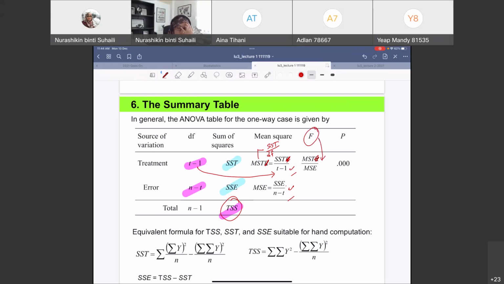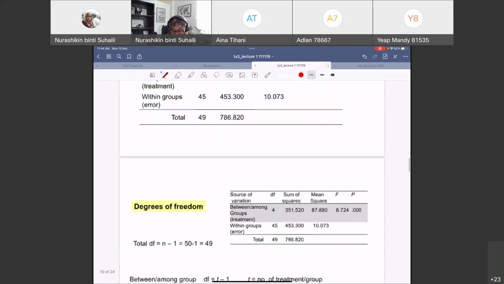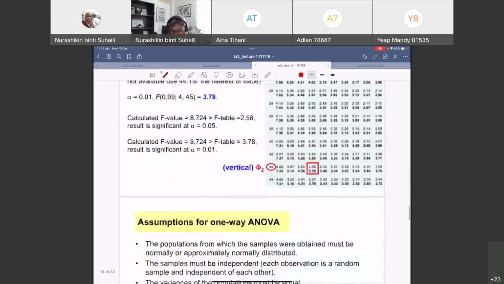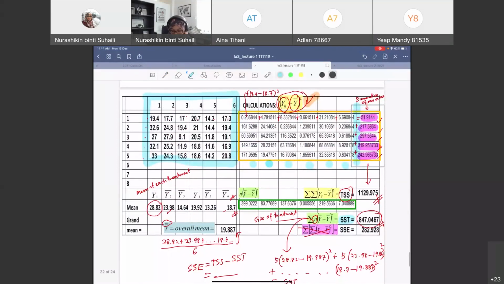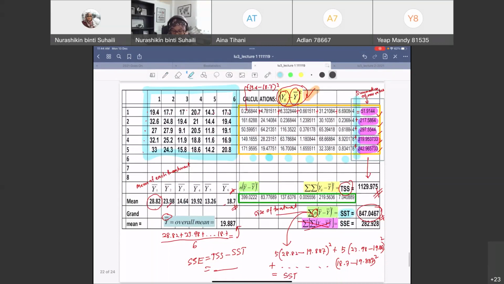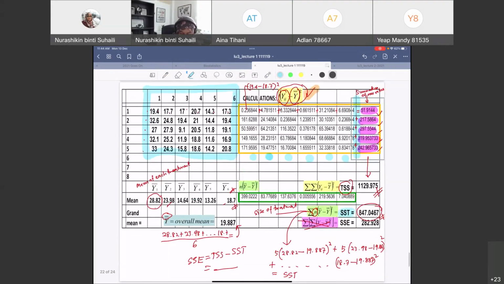So I think the tedious part is how you get the TSS, SSD. That's why you have to have that additional columns just now. Okay. So if you're not clear with this part, let me know, because you should do this actually in order to solve the summary table. Okay. So what I can conclude here is first,